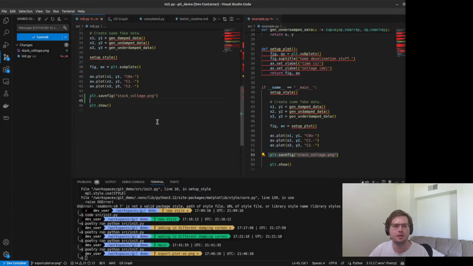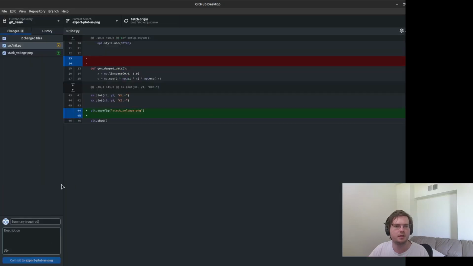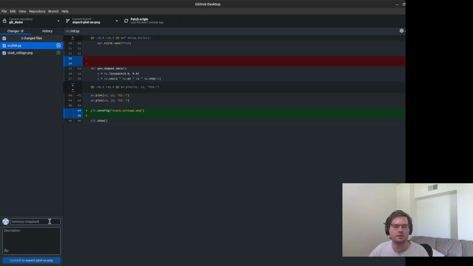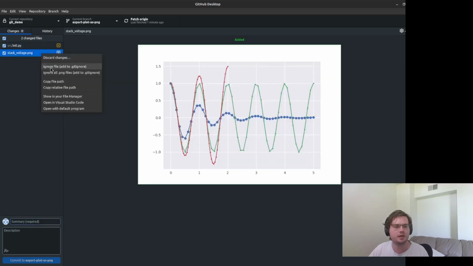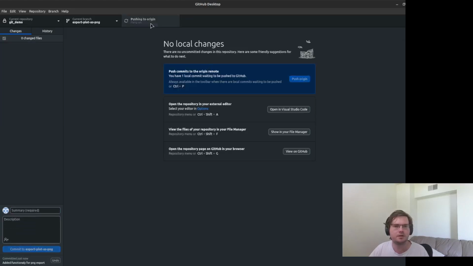So now what I want to do is make a new commit of this one. I'm going to go over here, go to my changes. I've got these two changes. I'm not going to add this one to my git ignore file because I'll get into that a little bit later, although I think maybe you can actually add to git ignore from here. Oh, okay, I haven't seen that in GitHub Desktop before, so that's very nice. I'll explain a little bit later. While I do that, I'm going to say "added functionality for PNG export", commit, and push origin.